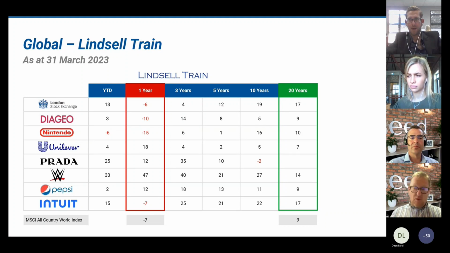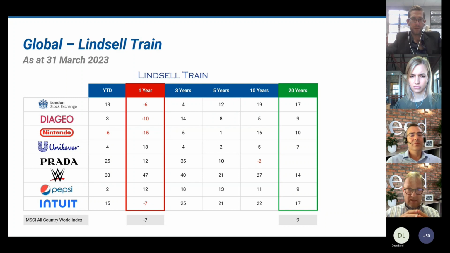You've got maybe more contentious names like WWE there. That's a big W, which has been a phenomenal business, generating a 27% compounded return over 10 years, 14% over 20 years. But it's come from an exceptionally low base and built up a huge, big monster following to the point where it's going to be merging to be a $20 billion company now, with UFC and WWE linking up. So those are some of the names that come through on Lindsell Train.